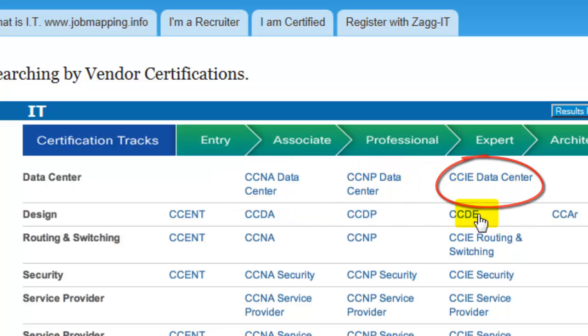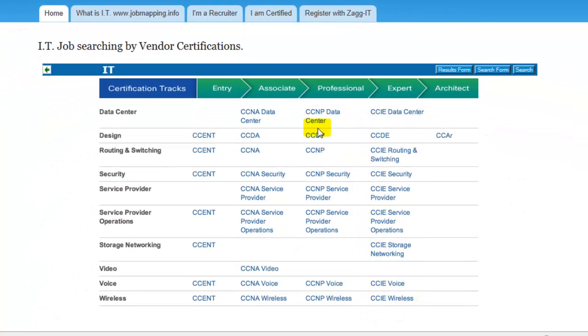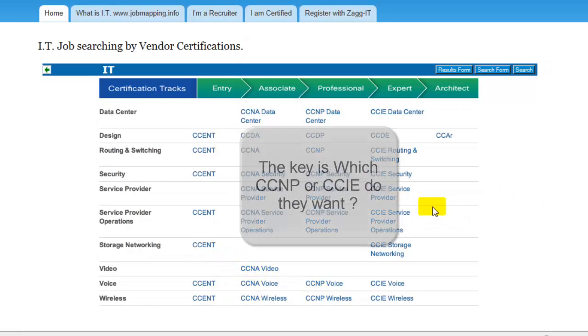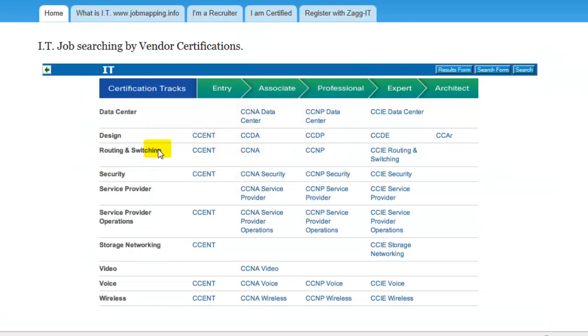Okay, and as you can see here, there's lots of CCIEs down here and CCNPs and CCNAs, but they're all in different areas. Okay, and that's when you speak to your client, what area do you want a CCIE in? Do you want them in security or service provider operations or routing and switching? If they say routing and switching, then you simply click on this certification here, because you've got an expert in